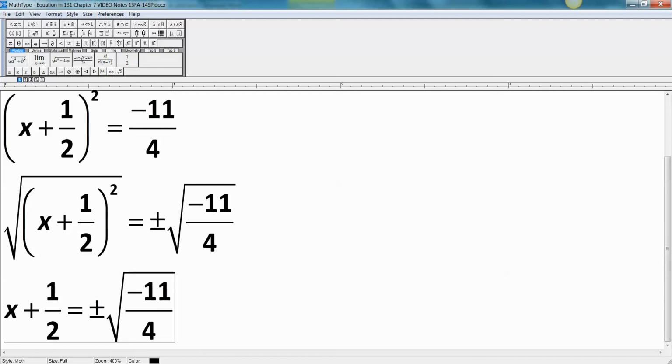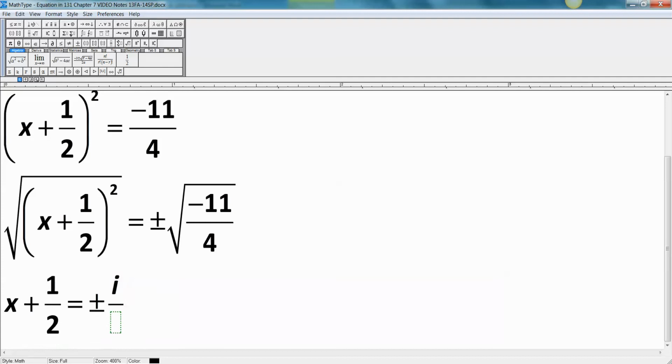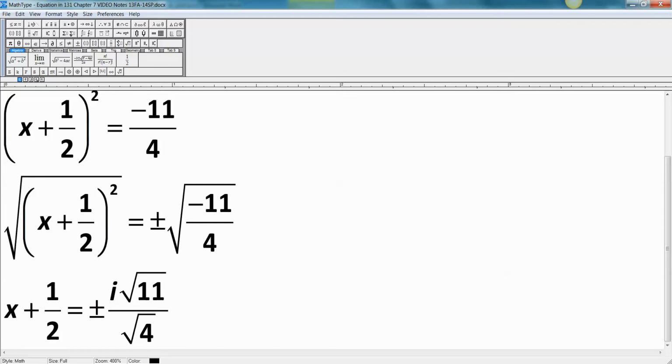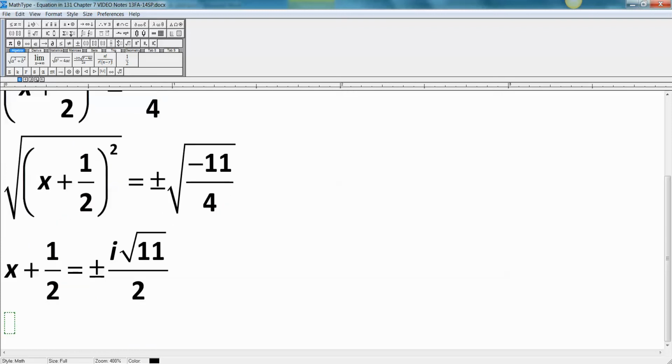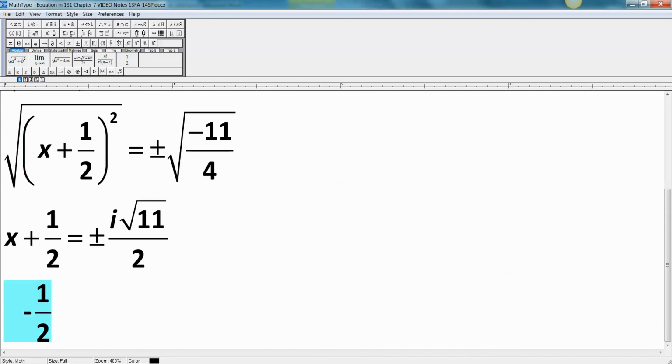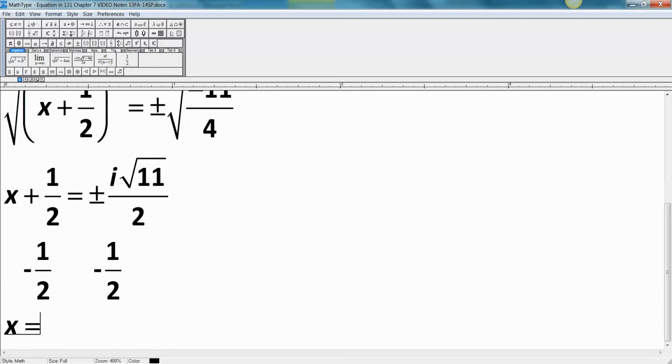So this is i, first of all, and oh, we're going to have a whole bunch of mess here. All right, so we have the i square root of 11 on the numerator, because the negative will make an i, and then the square root of 4 in the denominator, which is 2, right? So let's just skip that step and make it 2. And then you subtract 1/2 from both sides. And if you do it over there, then you have to do it over on the other side. And then these are not like terms, so then you're stuck writing the answer